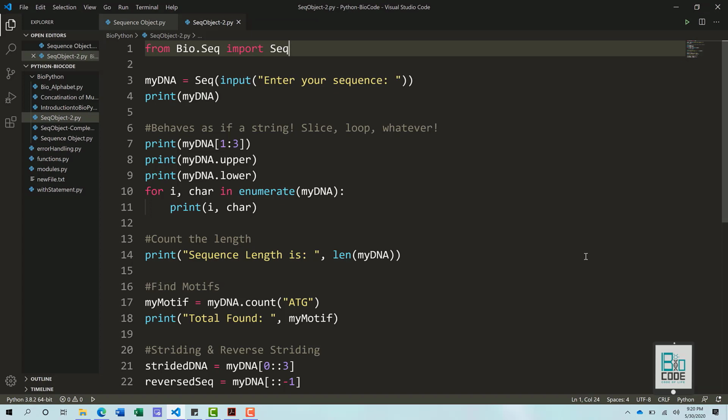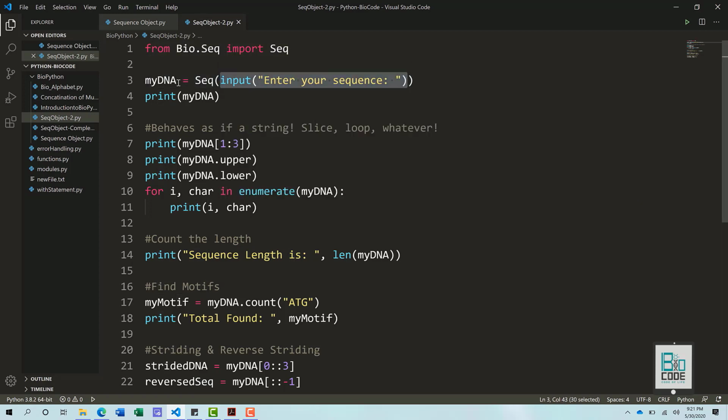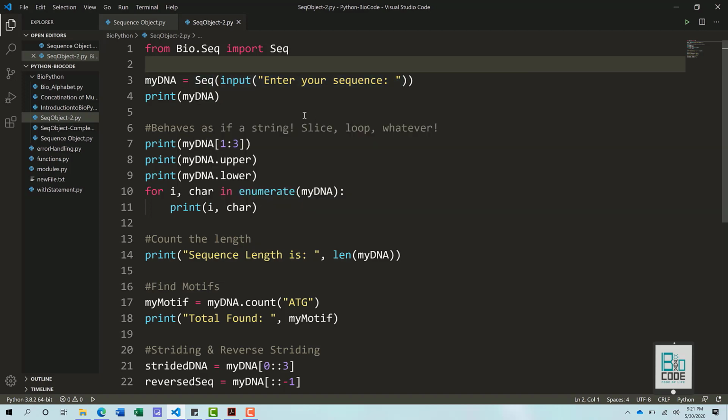In this video, we will see how we can utilize the sequence object to do various sorts of manipulation on our DNA sequence, protein sequence, or whatever sort of sequence we can utilize. First of all, once we have taken the input from the user, we can directly pass it to the Seq function that we imported from the Bio.Seq class, and it will be converted into a sequence object directly.